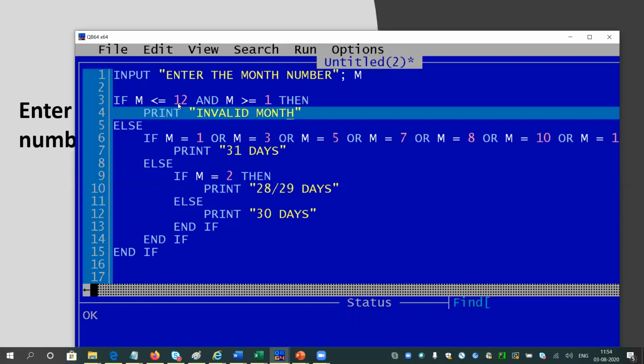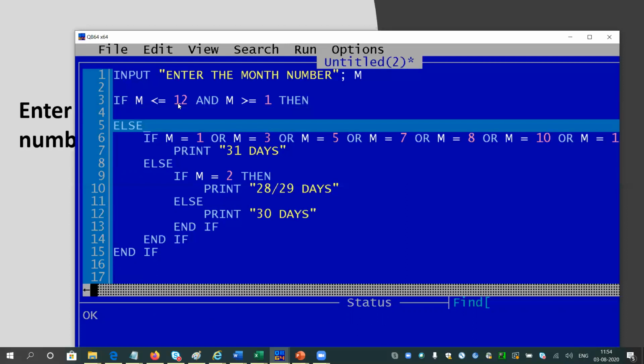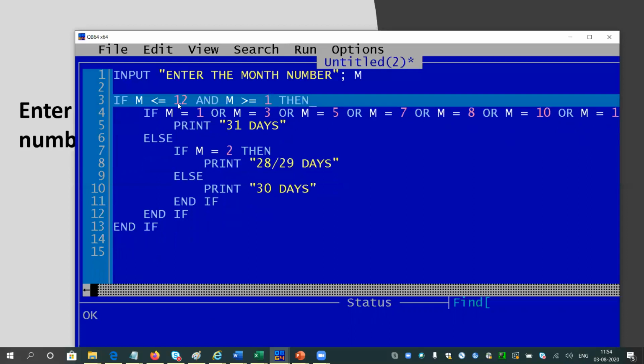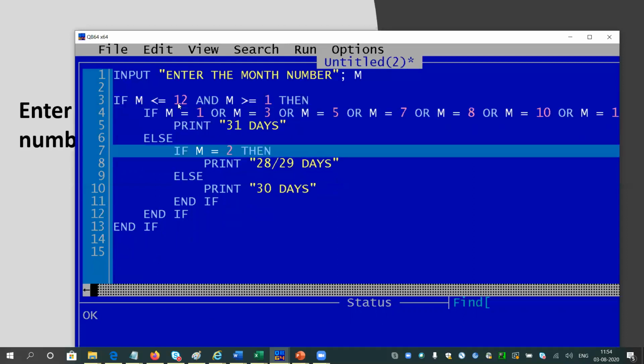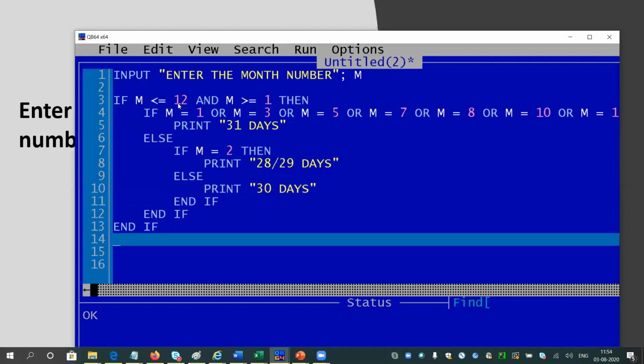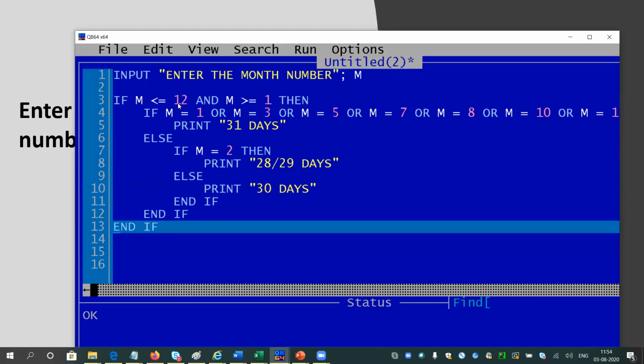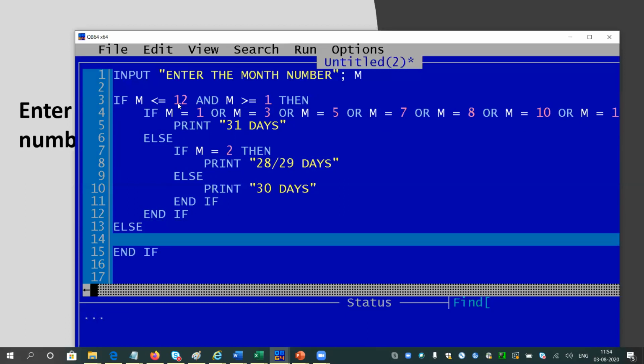Then this is a valid month. It has to be simultaneous, 1 to 12. Then only I can do this part. Otherwise, I have to write invalid month in the else of the first if statement.